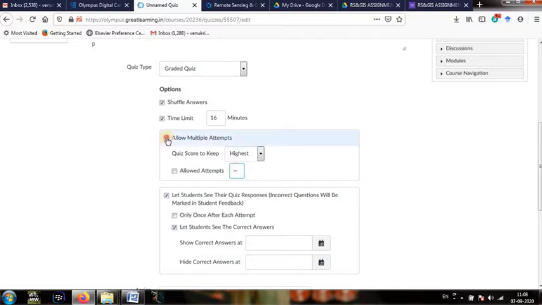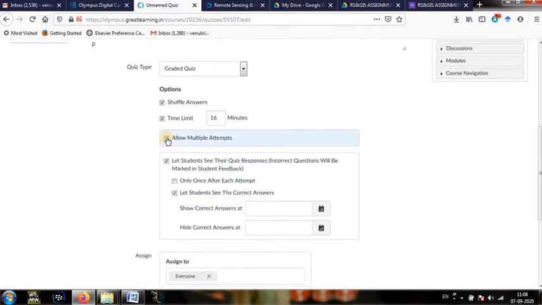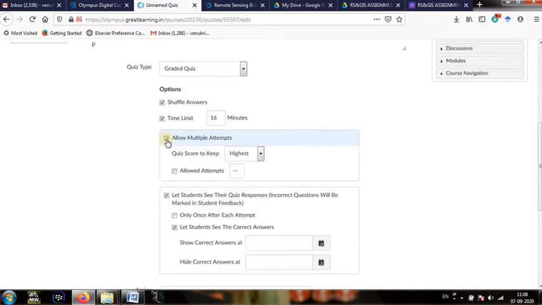If you don't want to allow the students for multiple attempts, then don't click on this option. Okay, so for example, if you want to give 2 attempts, then quiz score need to keep highest one.